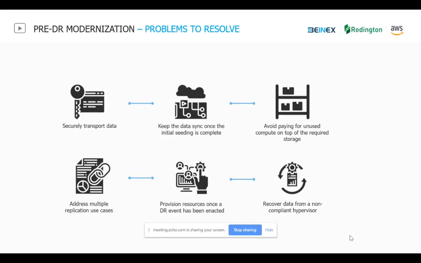The next thing that you need to consider is about the multiple replication use cases. Some applications might need a synchronous replication. Some applications might need an asynchronous replication. Let's say for a specific database, your primary and the secondary database should be synchronously replicated, but you have a free replica in case of an Oracle or a SQL database. You can go with asynchronous replication as well. So this is something that you need to consider when you implement a DR.